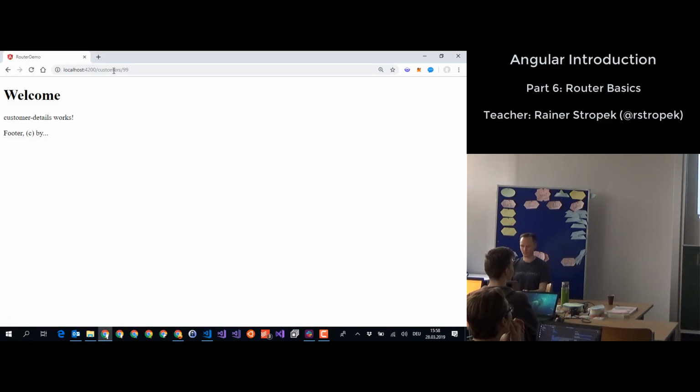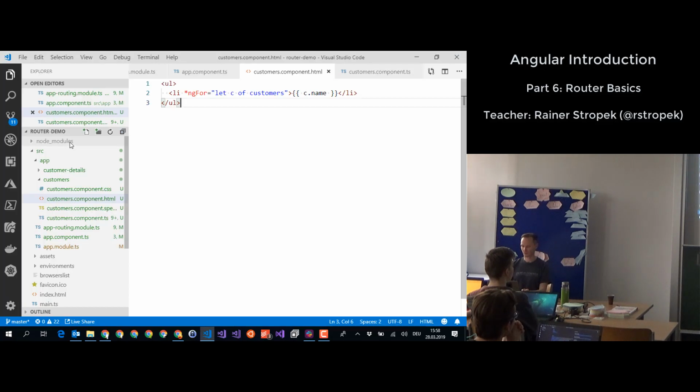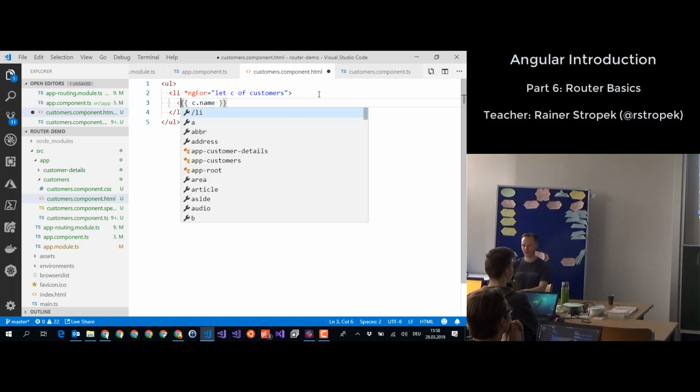So, if we go back to the customer list, we should now see customer 1, 2, 3. And now I would like to turn them into a URL. Pretty simple. What do we usually do? Well, we use an anchor tag. Let's do that. Anchor tag href equals to